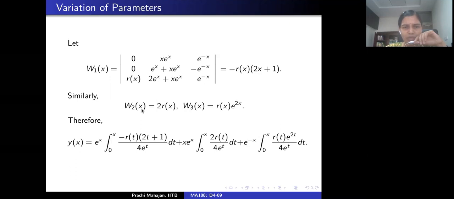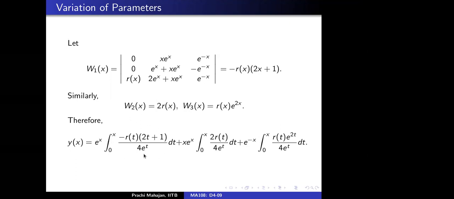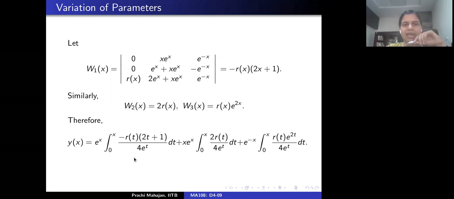So this is y1, this is y2, and this is y3. V1 is a certain integral. This is W1 here in the numerator, this is W2 here, and this is W3 here, and the denominator is the Wronskian everywhere. So it's actually not too bad. It seems like there's a lot going on, but thanks to Abel's formula, it's not too bad.